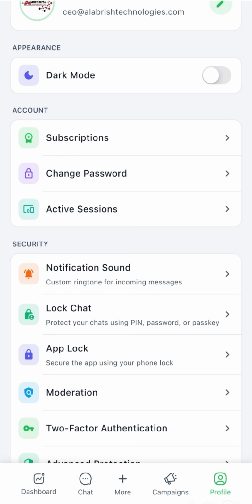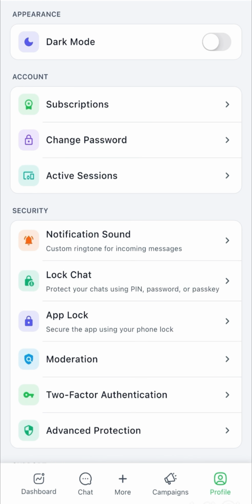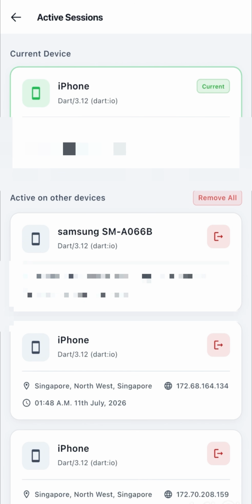Now below that, we have the account details like subscription, where we'll be able to see our current subscription and invoices, and also be able to upgrade our plans. Below that, we have an option to change our password. After that, we have active sessions. If we click on active sessions, we'll be able to see how many devices are actively using our software and CRM. So what we can do is, if any of our team members is leaving our organization, we can just come here and remove them from our application. So we can maintain our data security.